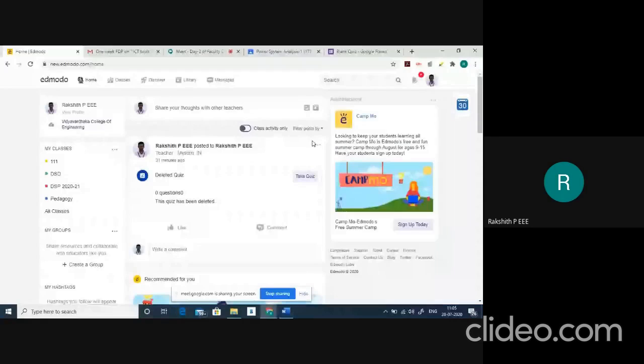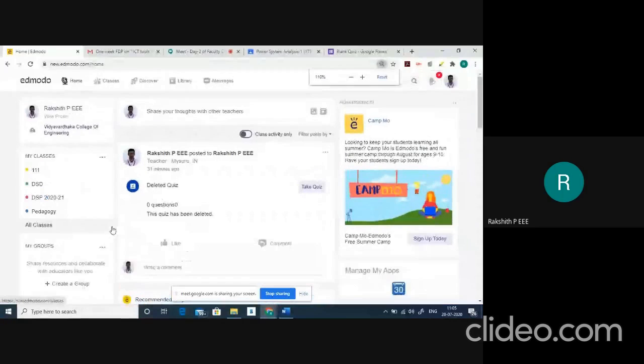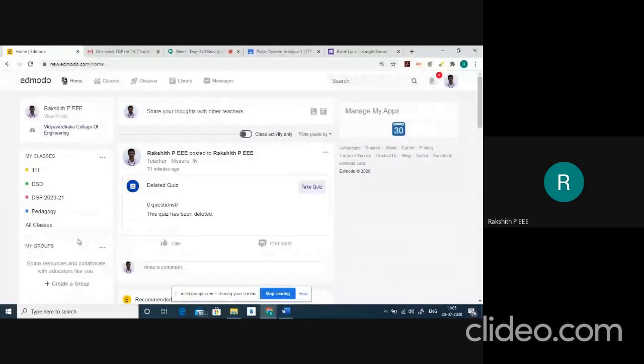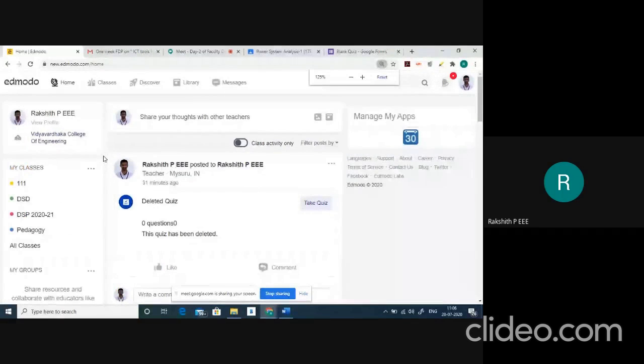So here, if you look here, it will show all the classes that have been created. So far I have created so many classes that will be shown here. Suppose if you are new to it and if you want to create a class, then you should click on these 3 dots.